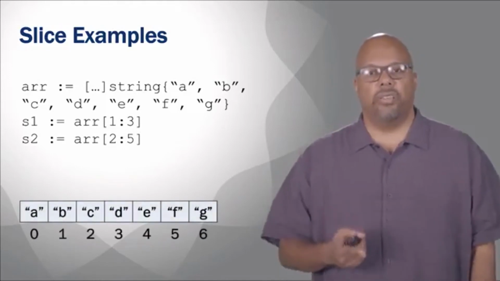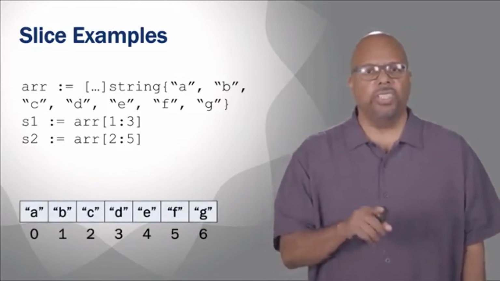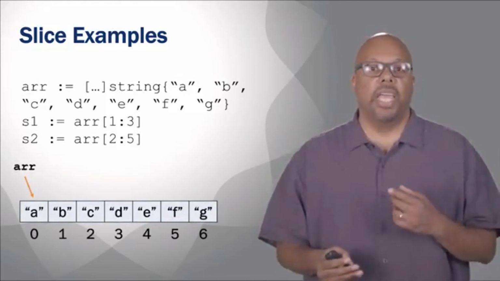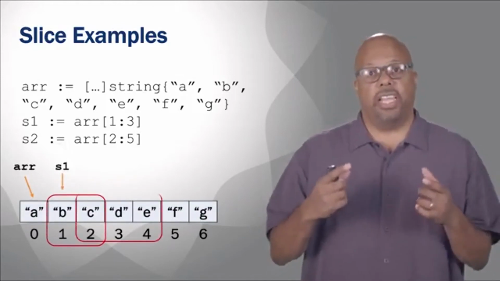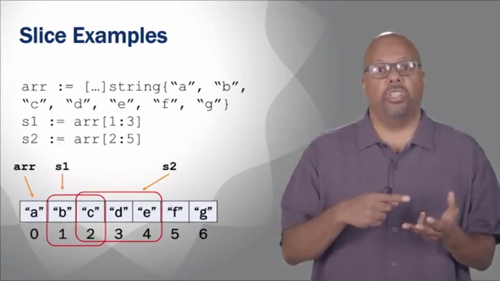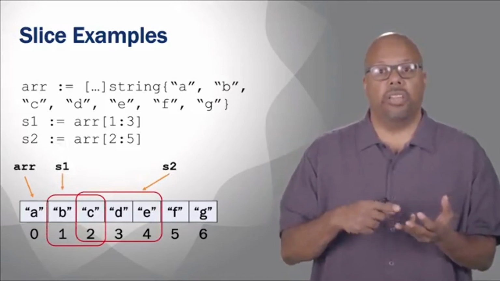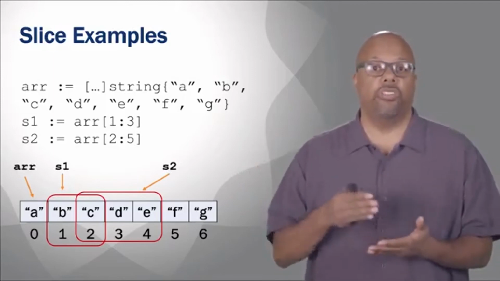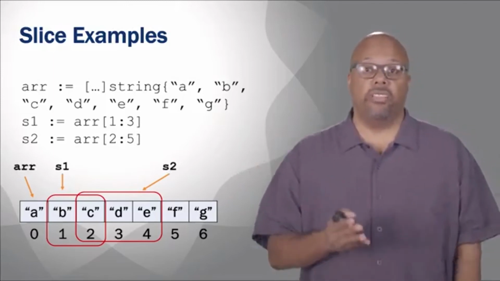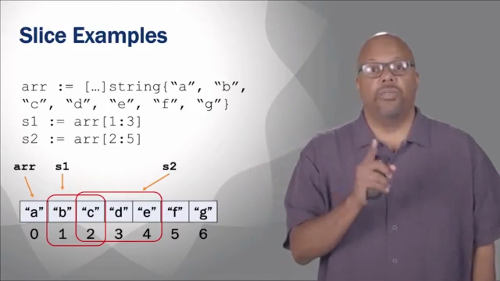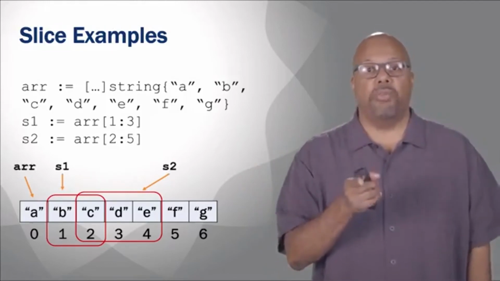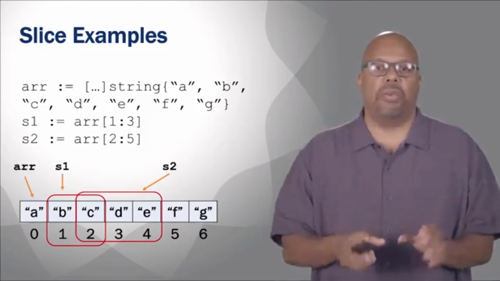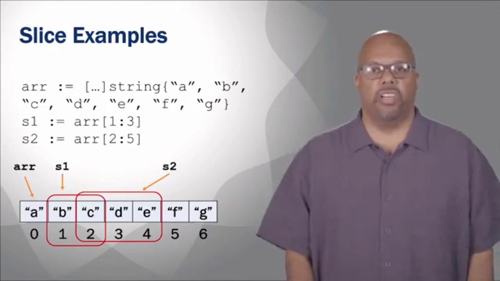So we can see this in the picture down here at the bottom. You got the array in blue, the whole array, and it has the A, B, C, D, E, F, G. Then in red, I've highlighted S1 and S2. So S1, it includes index 1 and 2, right? Because 1 colon 3, so 3 is just 1 past the end. And S2 includes 2, 3, and 4. And notice that these two slices overlap, and that's okay. If you look at S1 and S2, they both include array index 2. Right, and that's fine. Array slices can overlap and refer to the same elements inside the underlying array.